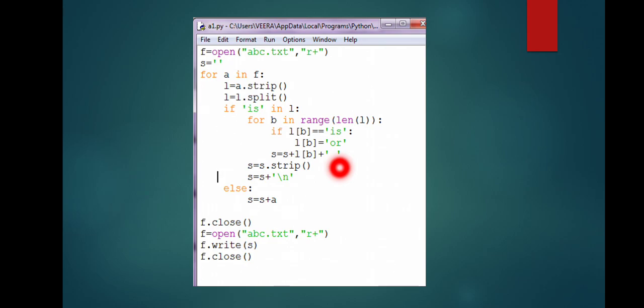After that, there should be a space, right? Remove the extra space which is added after the last element, and then attach the new line character. This code you have been doing till now, so there won't be any problem in this code. Okay, after that I have closed the file, opened the file again, and written the variable s in the file.